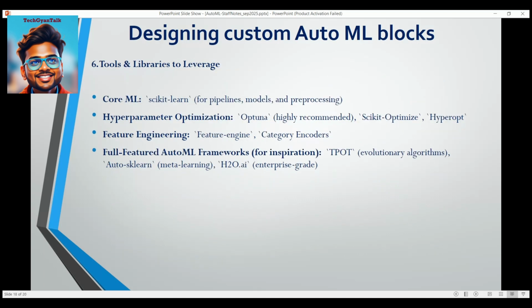Next are tools and libraries to leverage. You can use core ML, scikit-learn for pipelines, models, and preprocessing. For hyperparameter optimization, Optuna is highly recommended, along with scikit-optimize and Hyperopt. For feature engineering, Feature-engine or category encoders can be used. And for full-featured AutoML frameworks, you can use TPOT, an evolutionary algorithm, Auto-sklearn with meta-learning, and H2O.ai,